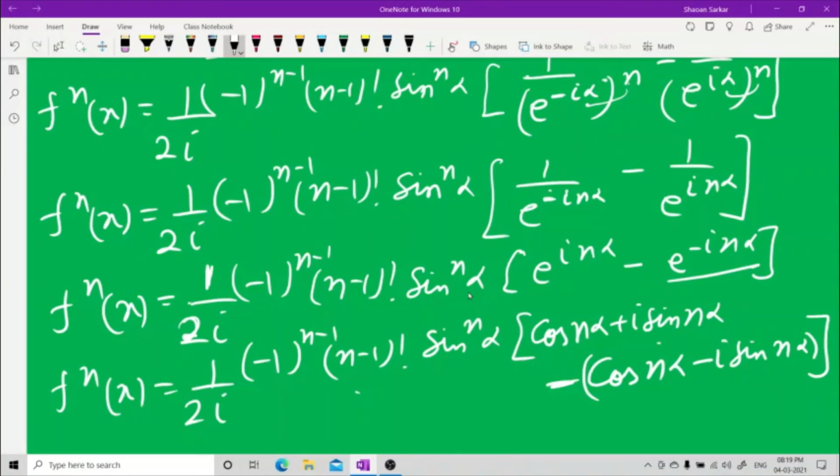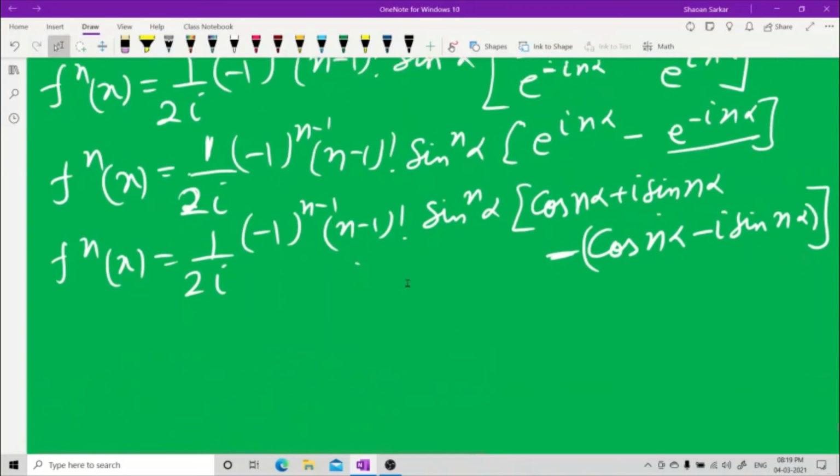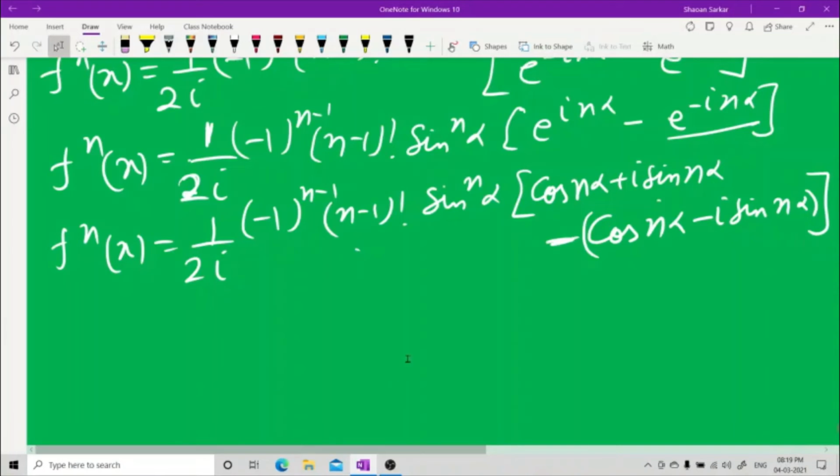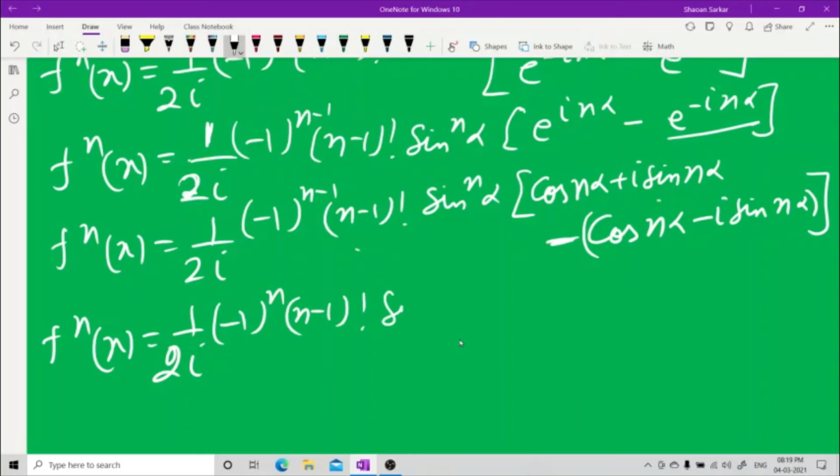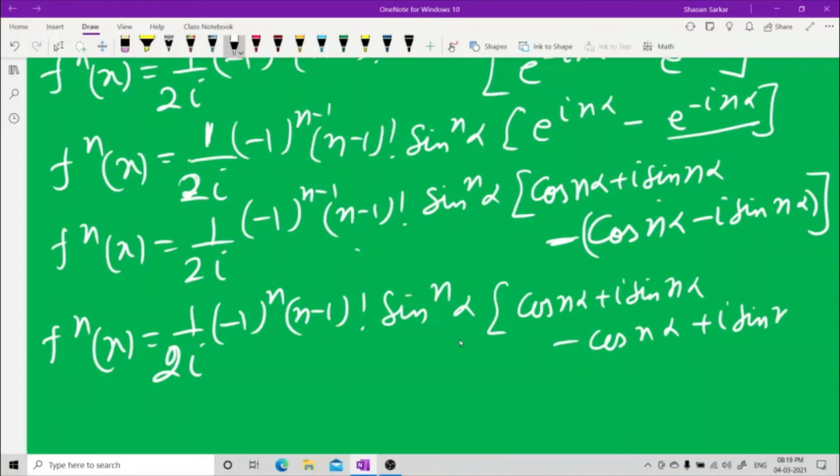This bracket, the whole bracket. Now see, f^n(x) is 1 upon 2i, (-1)^(n-1) (n-1)! sin^n alpha. When I open up this bracket, this will become cos n alpha plus i sin n alpha minus cos n alpha plus i sin n alpha. When I open the bracket, it will be minus minus, and minus plus plus. This and this will cancel. So now,